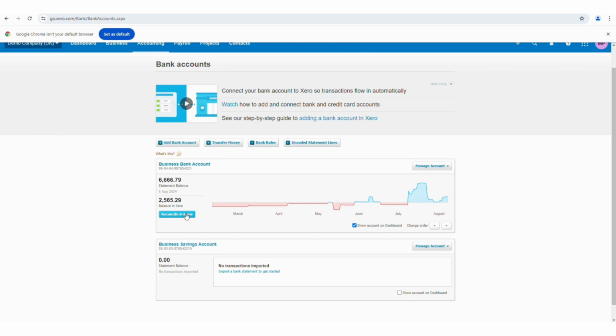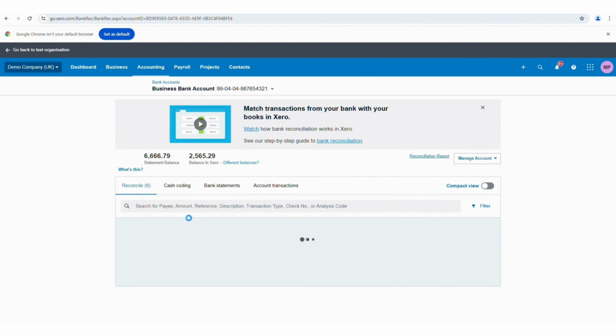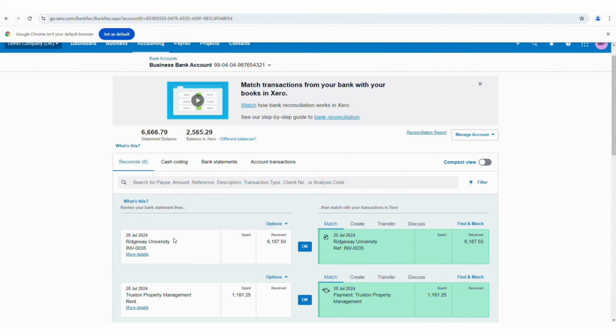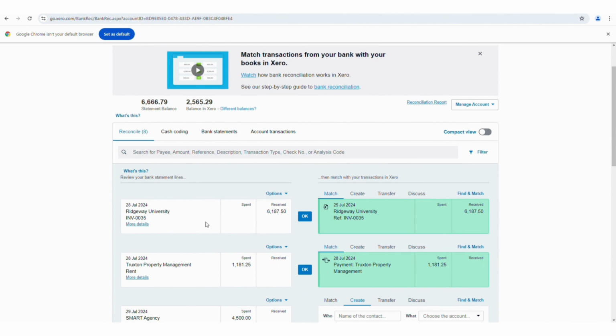it will bring up a list, and these will be the transactions that are coming through on the bank feed that you've connected in Xero. So all you need to do is tell Xero what it is and whether it needs to be matched to a sales invoice that you've raised or a purchase invoice that you've raised in Xero in order to get those paid off in Xero. So for example, on the first one, this money is coming from Ridgeway University and it